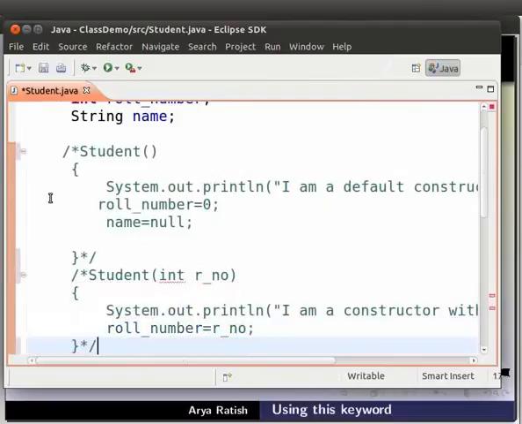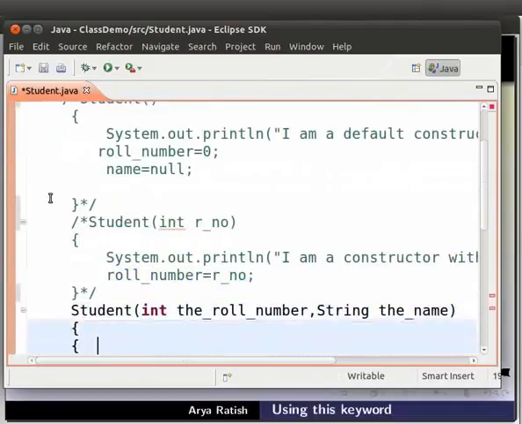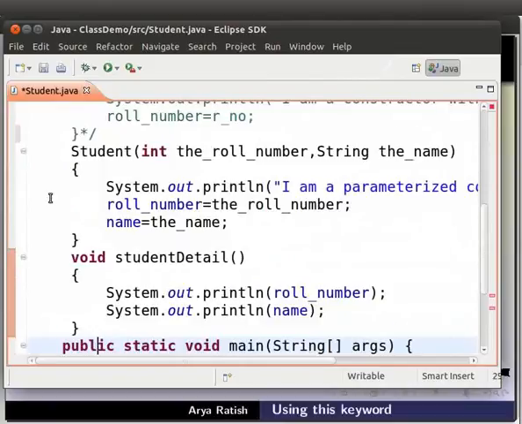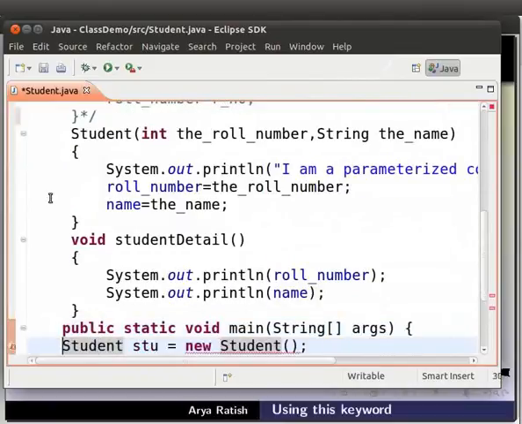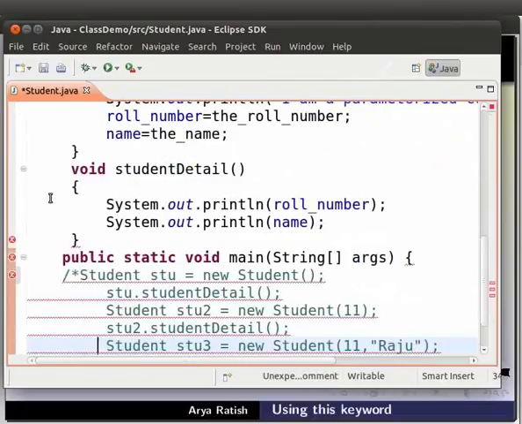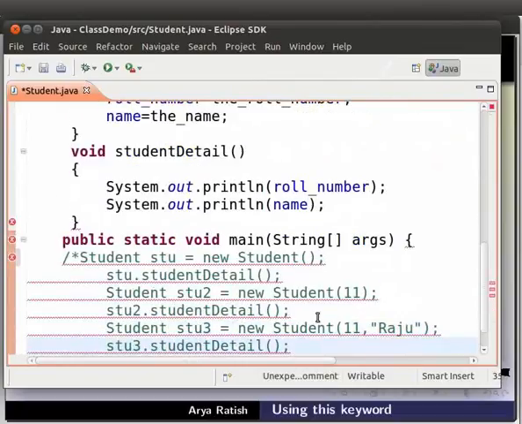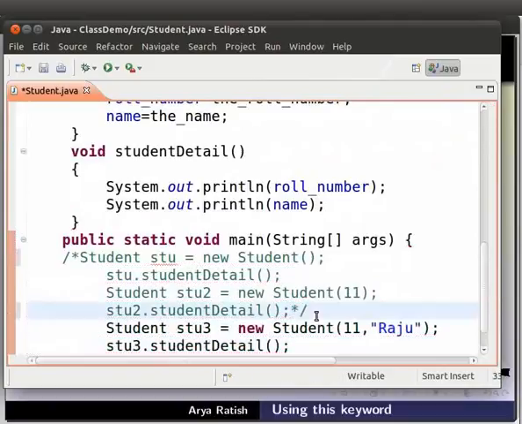Also comment the code for creating the first two objects. Now, notice the parameterized constructor.